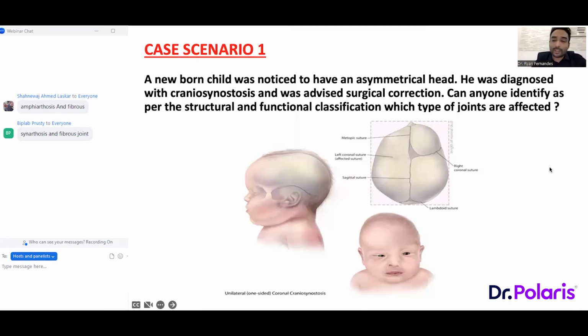So, according to you, it's a fibrous joint. So, if we go in the order, when we classify joints, we said there are two types: synovial joint as well as solid joint. So, first thing is it is a solid joint, correct? Yes, sir. Then, in solid joints, we further divide them into fibrous and cartilaginous. So, you said it is fibrous joint. Very good. Now, in fibrous, we further divide it into